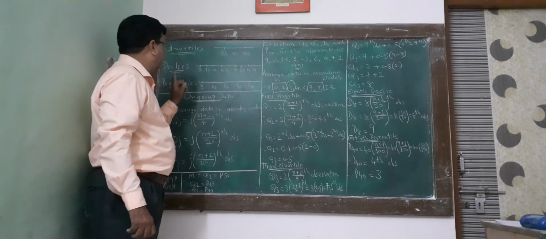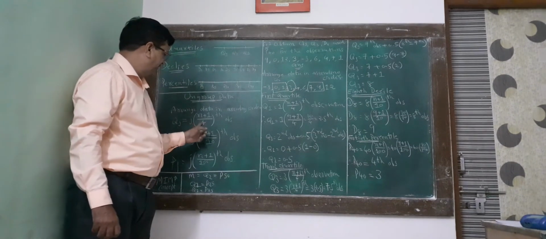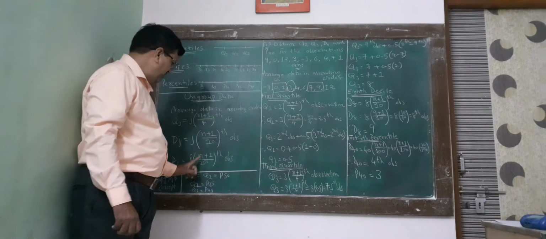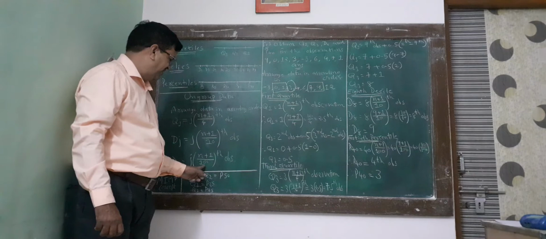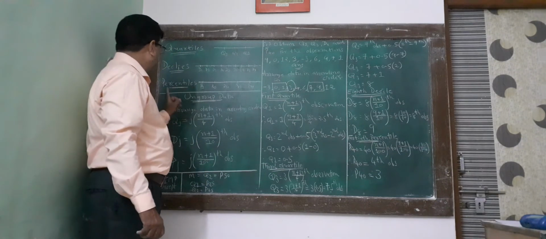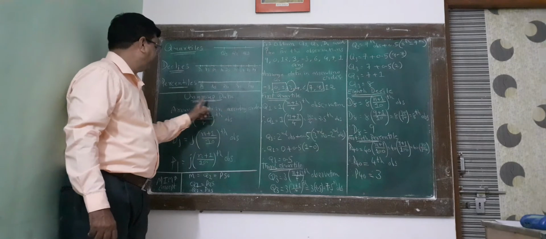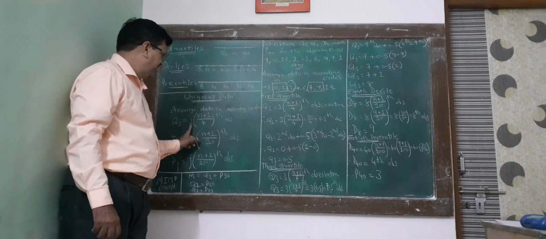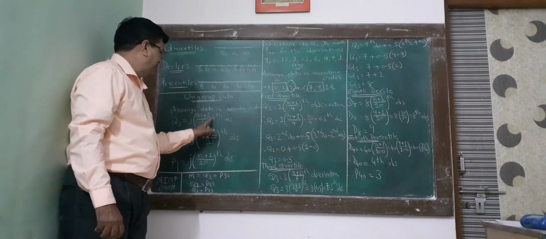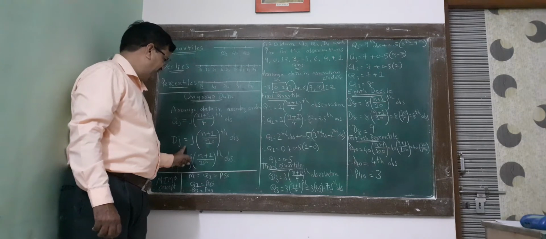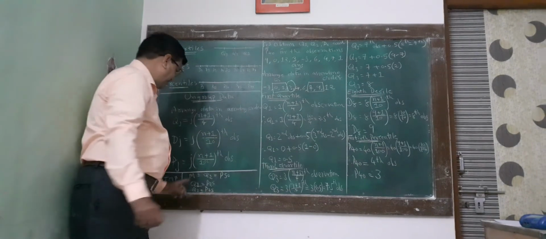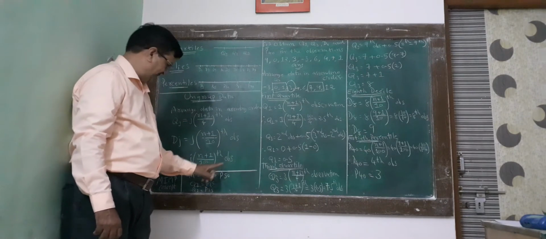So if you have to find quartiles, you have to divide by 4. To find deciles, you divide by 10. And to find percentiles, you divide the data by 100. So, for ungrouped data, first step, arrange the data in ascending order, then Qj is equal to j into (n plus 1) by 4th observation. For deciles, Dj is j into (n plus 1) by 10th observation. And for percentile, Pj is j into (n plus 1) by 100.